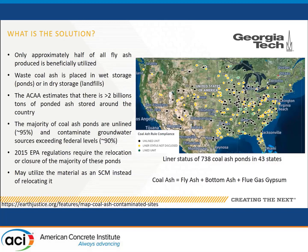Now, this image here shows the liner status of over 738 coal ash ponds in 42 states. The black dots show unlined units, yellow dots show unknown liner status, and the green dots show a properly lined coal ash pond. So if you look at it, you'll notice a trend, and that is that the vast majority of these coal ash ponds remain unlined. And in fact, the majority of them, actually around 90% of them, are actively contaminating groundwater sources at levels exceeding